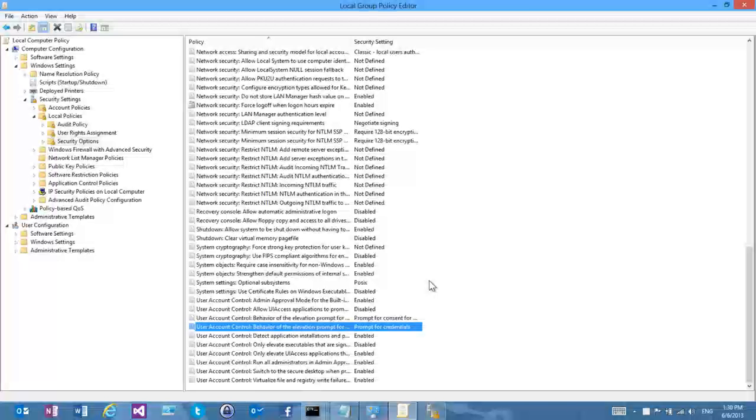Now, I mentioned along the way when things elevate, and this is an important thing that a lot of people don't completely understand. How many of you think that we actually go in and look at the program and determine whether it's going to need admin rights through some logic, or we wait until we see you try to do something protected and then show you a prompt? Does anyone think that?